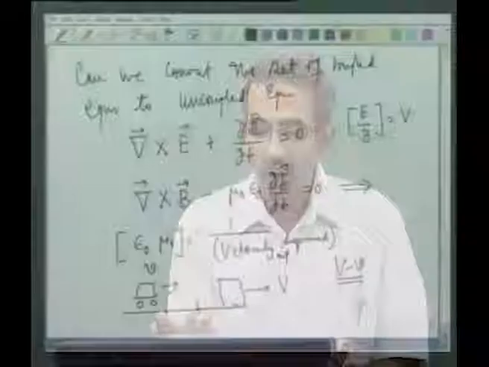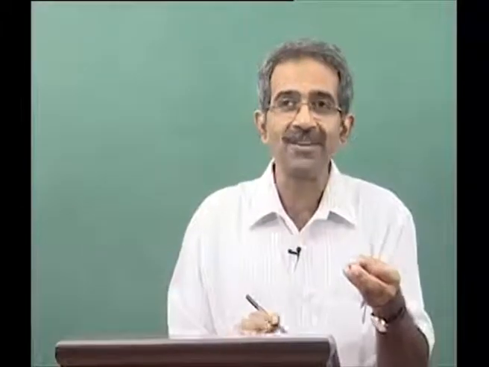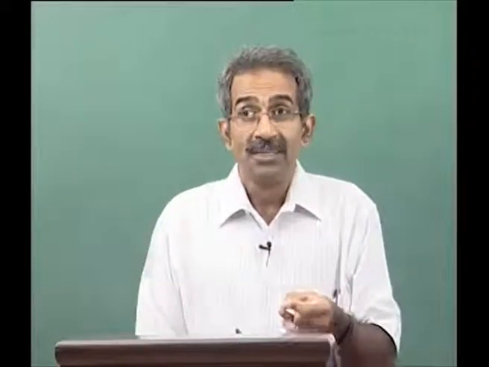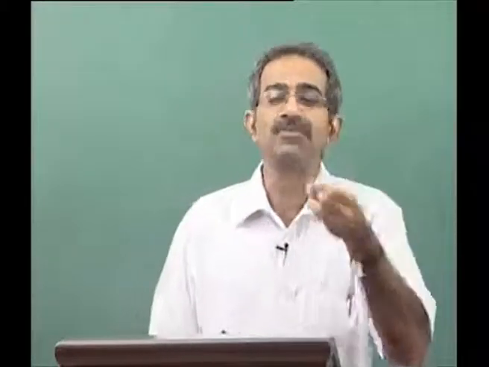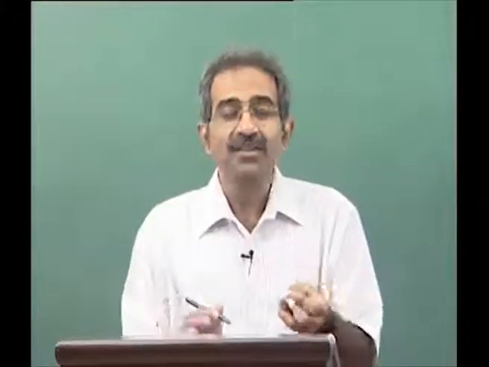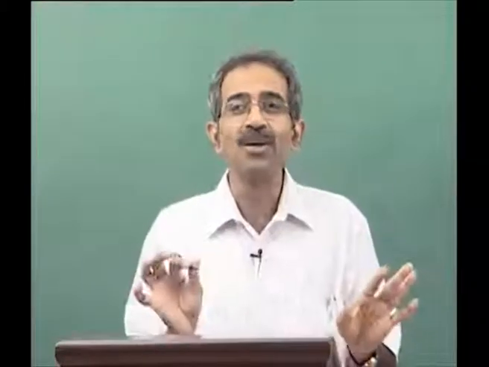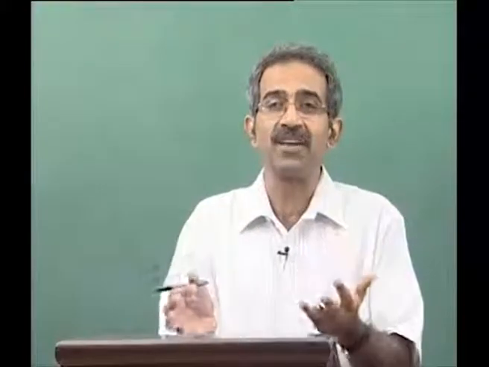But in any case, I have found a quantity which is constructed entirely out of the parameters epsilon naught and mu naught, which I have fixed from the other experiments. Therefore, just as in the case of simple harmonic motion, where the spring constant gave you a unit of time, if these equations have non-trivial solutions, this would give you a natural unit of velocity, which has absolutely nothing to do with the motion of the earth, motion of the sun, nothing. Nature herself is giving it. Therefore, that is something that we would like to explore.